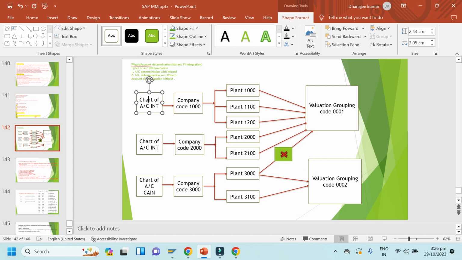Any doubt still here? Just make a diagram here quickly. I make this diagram. Okay.